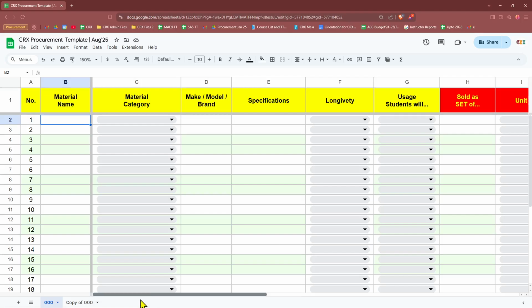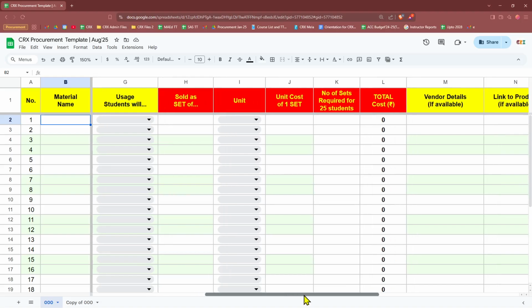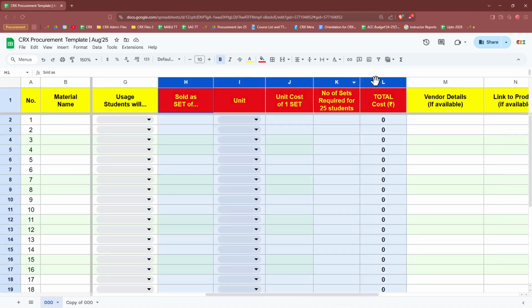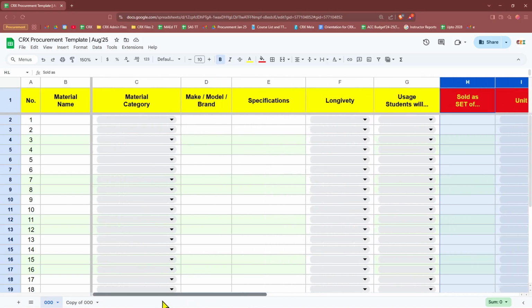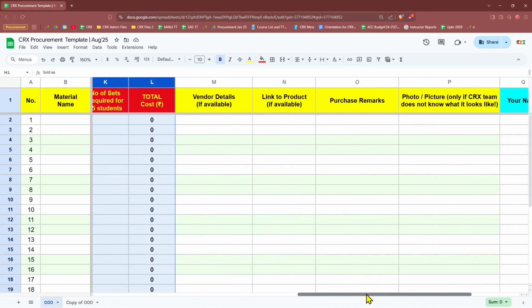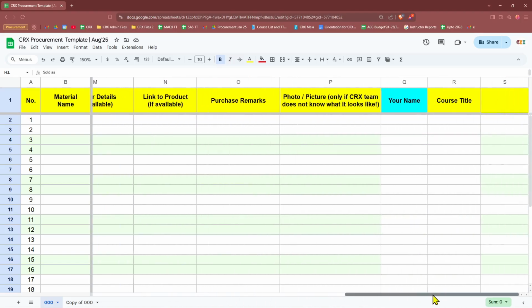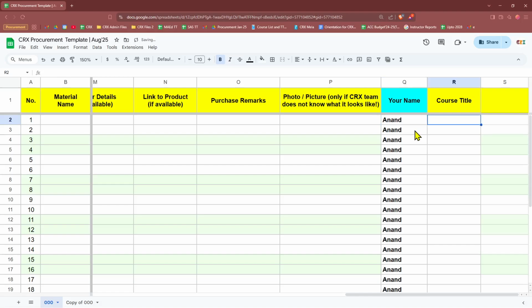So the form looks like this. I'll take you through each column one by one. These ones that are put in red are the ones that you have to be a little careful about. Everything else is self-explanatory. To start off, you want to go here and put your name and the title of